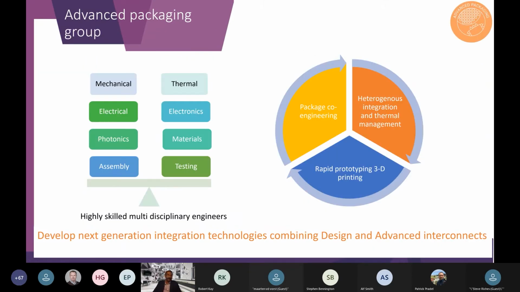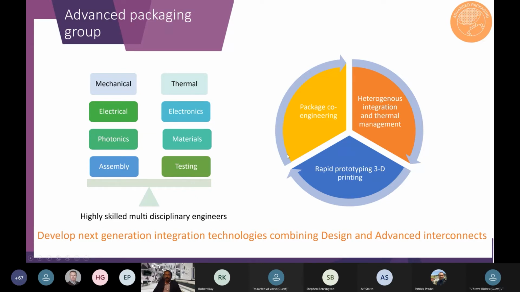The advanced packaging group at CSA Catapult consists of highly skilled multidisciplinary engineers. As Robert earlier mentioned, packaging is also a multidisciplinary science where we need to work with the mechanical engineers, thermal engineers, electrical, electronics, assembly and testing engineers to realize a product as I showed in the earlier slide.